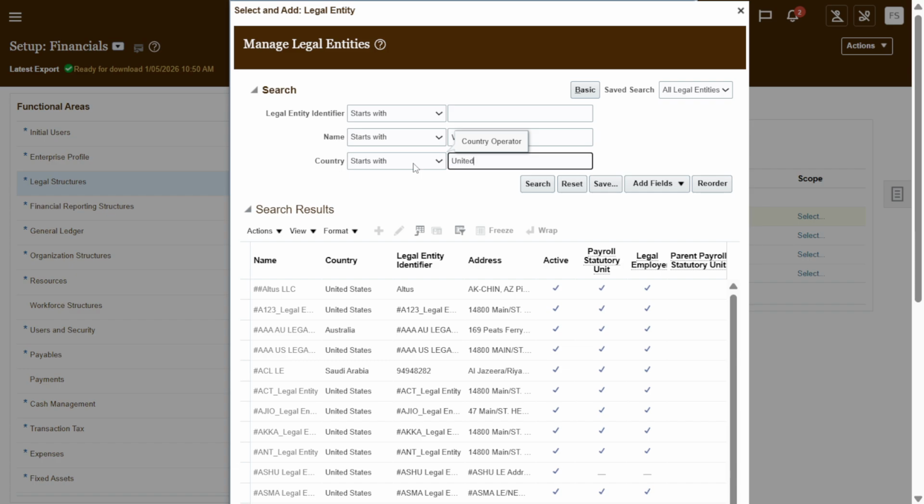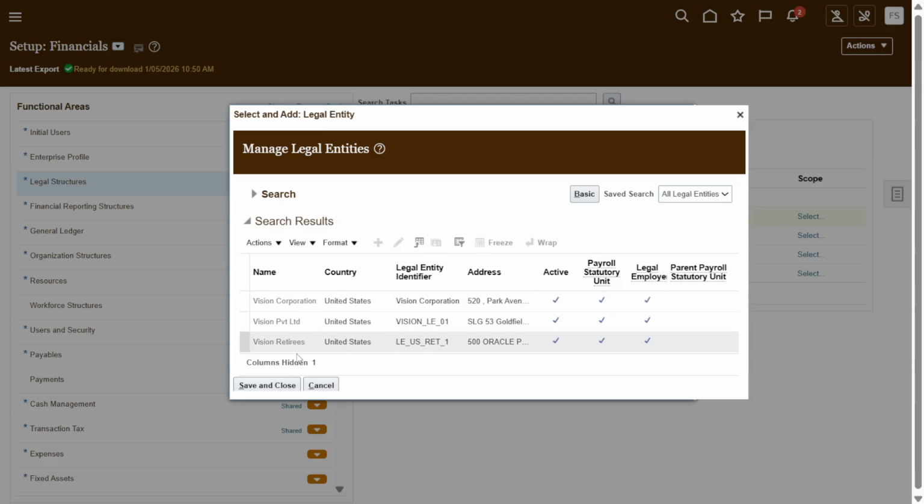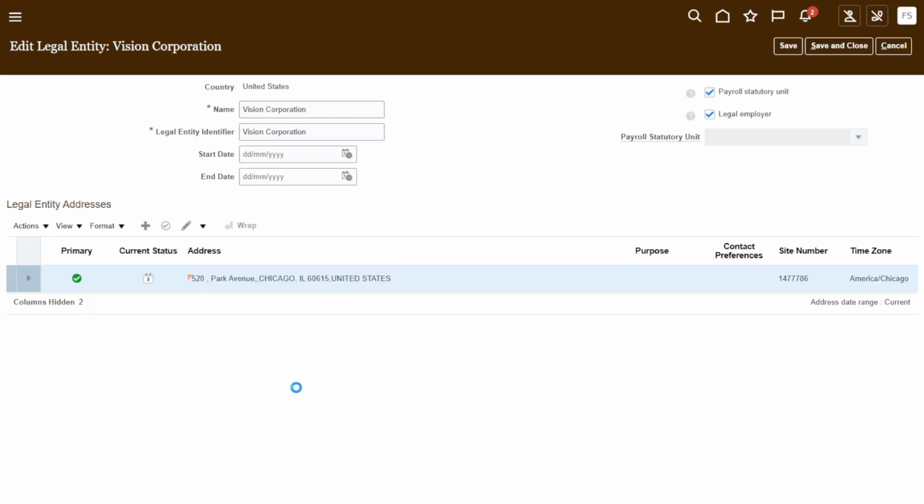Here I just type United. Just click on search. Let's see if it comes. Yeah, over here. So Vision Corporation is one of the legal entities which is already defined in the system. I just select that and save and close. And there I see the legal entity named Vision Corporation,